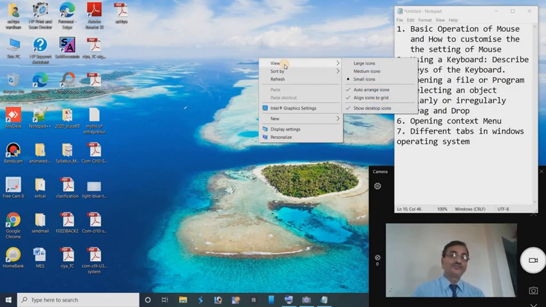So first of all, here we go to the View option, and here Auto Arrange Icons has been checked, so you have to uncheck it. How can it be unchecked? By clicking on this one option. It is treated as a toggle option. Once it is clicked,